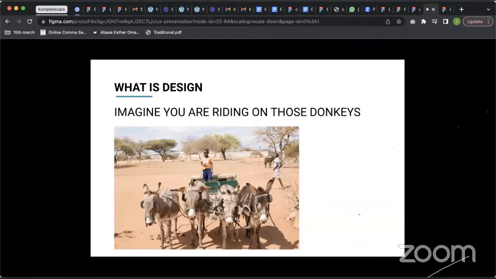So let me just move forward because of time. So imagine that, in fact, first of all, all those times, I even heard that somebody had to trek from one place to another to congratulate Tinubu for being the president. So we've heard stories where I think during Buhari's time, someone did that to Buhari, I can't remember. So imagine that, there'll be hot sun. In fact, the donkey will even get tired. In fact, you have to start thinking of how you will feed the donkey. That is another thing.